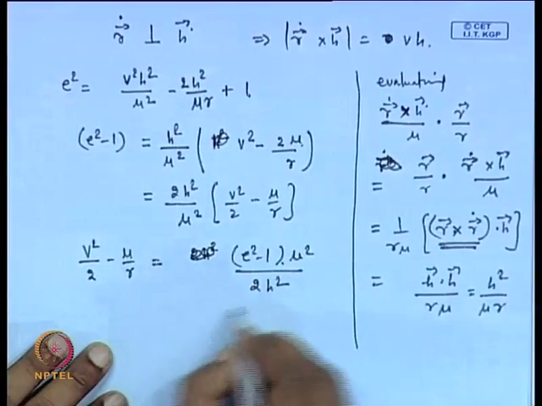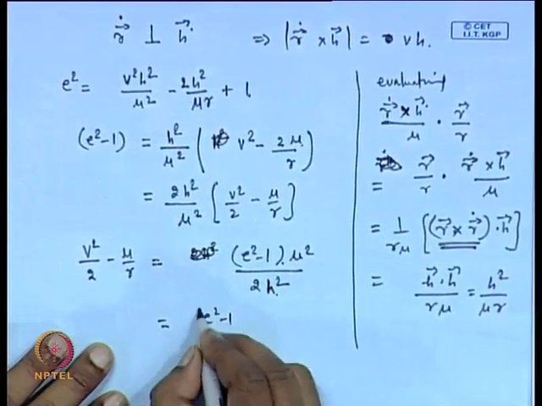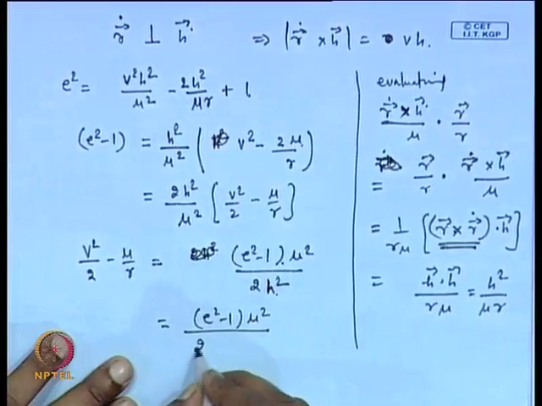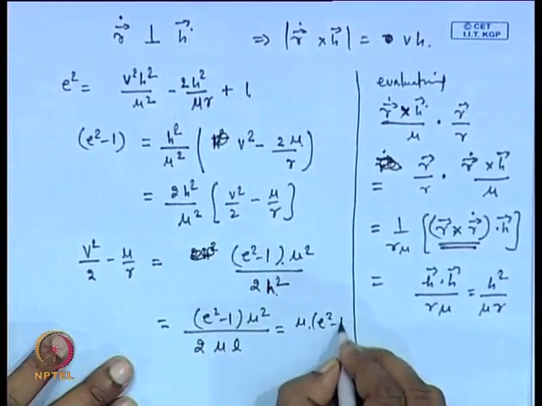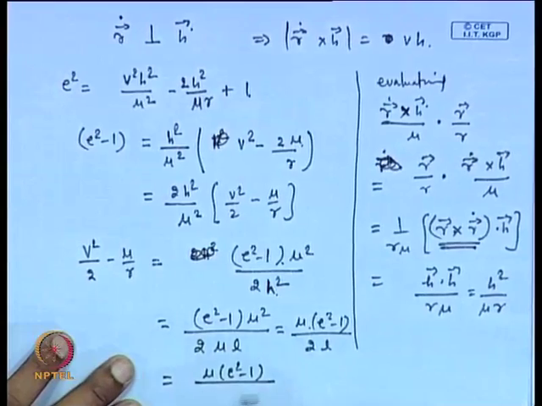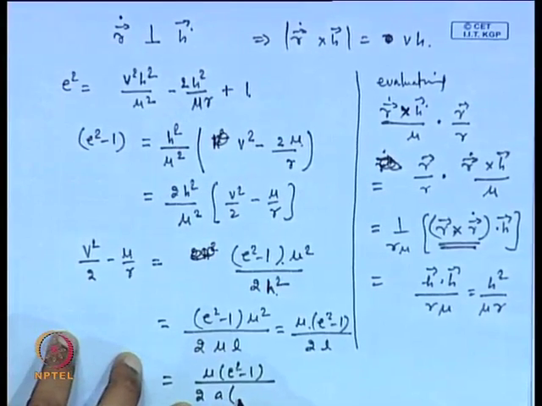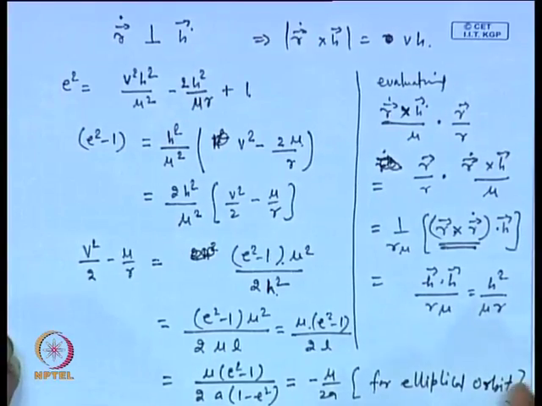Now, it is very easy to see from this that h square is nothing but mu times L. So, e square minus 1 times mu square times h square is mu times L. So, this gets reduced to mu times (e square minus 1) divided by 2L, and L we know what this L is. So, if we have an elliptical orbit, we can replace L as a times (1 minus e square), and this becomes minus mu by 2a for an elliptical orbit. Okay. So, the same result we get in multiple ways,